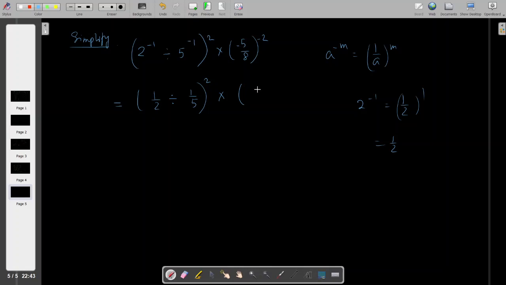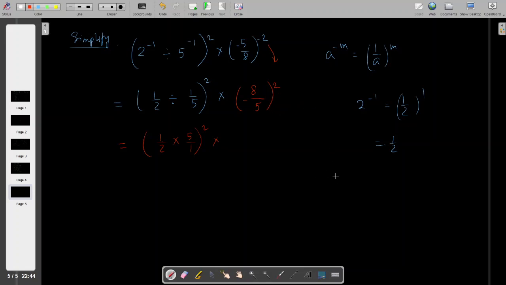Okay, so minus 5 by, here it is again minus 2. So let me make the power positive. I'll make the power of this minus 2 positive, so this term will become 8 by 5 to the power 2. Now see here, half, change this divide into multiply, it becomes 5 by 1 square into,